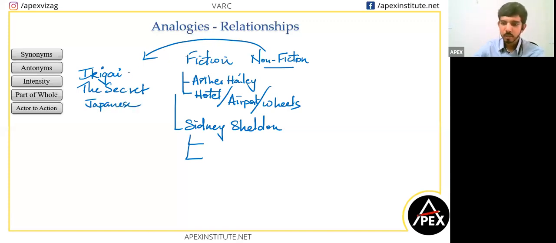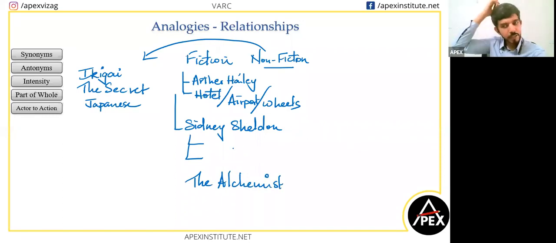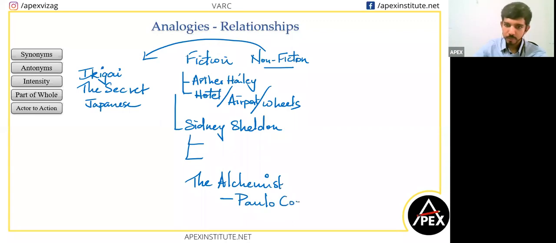This is non-fiction. Yes, Ravindra is suggesting people to read The Alchemist, which is a nice story. I forgot who the author is. It's quite a popular book. Anyone else who's read anything interesting recently? Okay, Chavez says Alchemist is Paulo Coelho. Yes, I've read it a long time back.